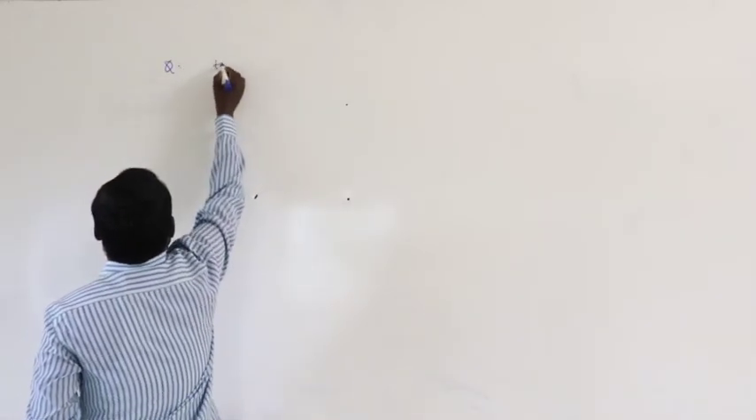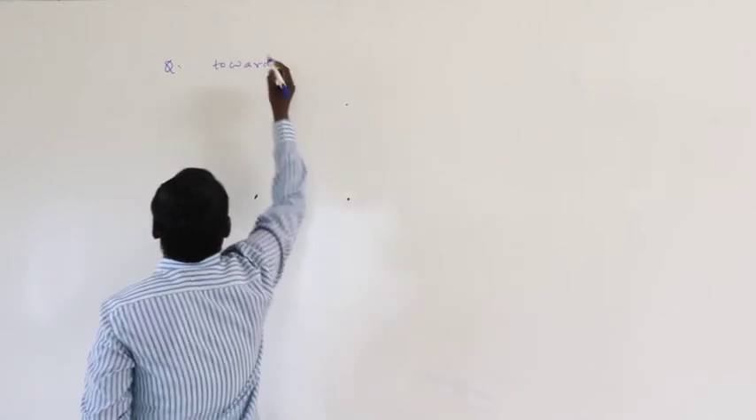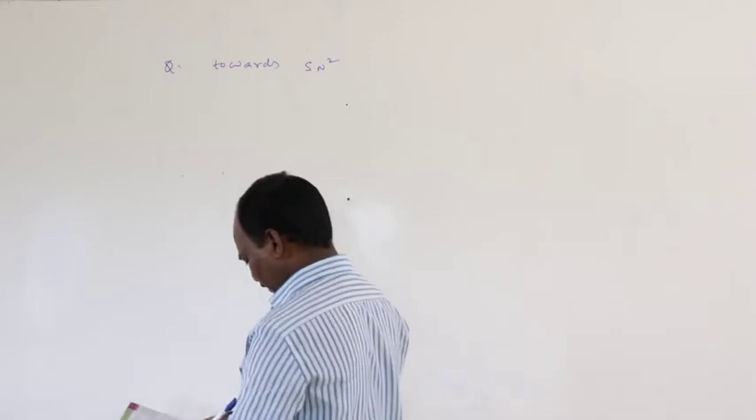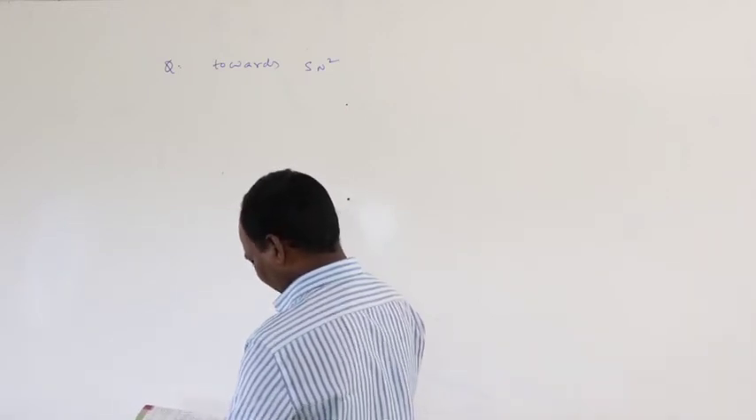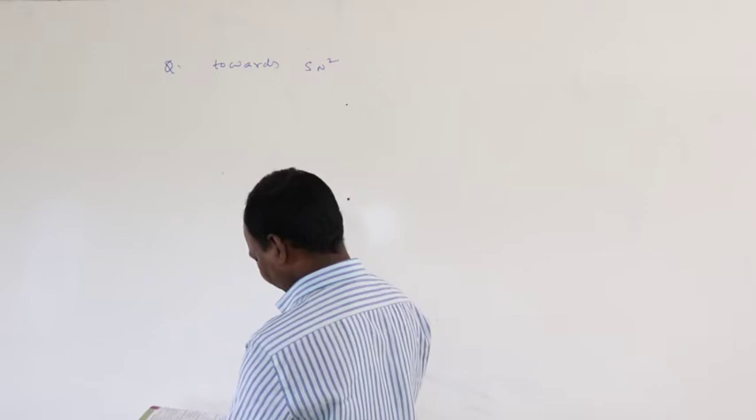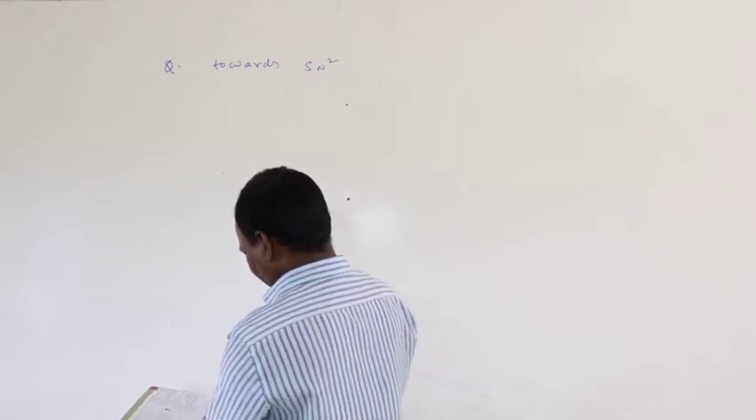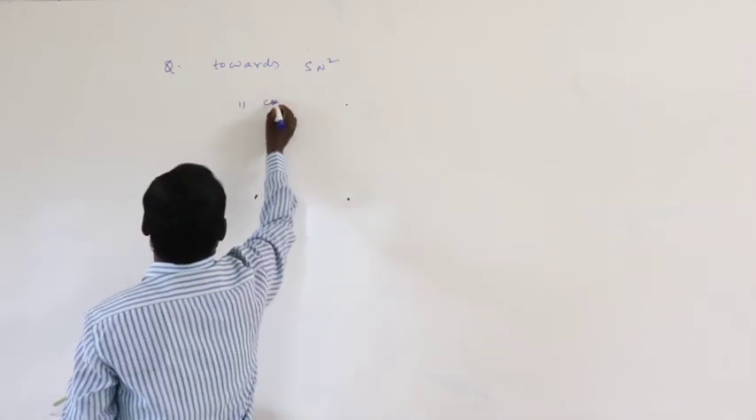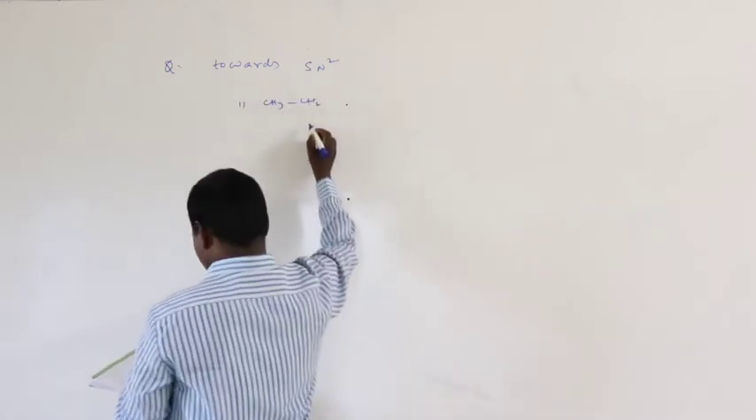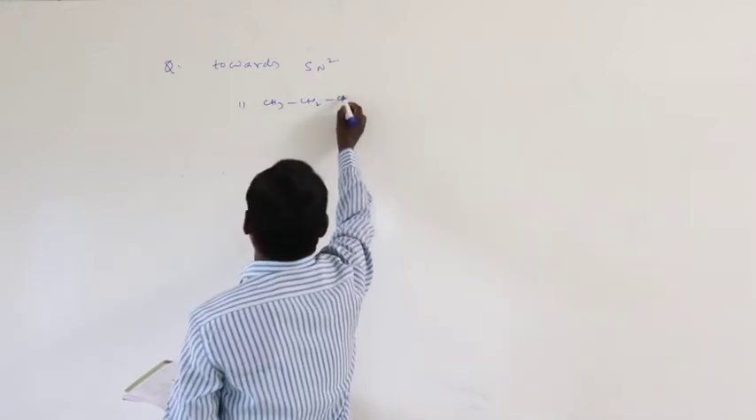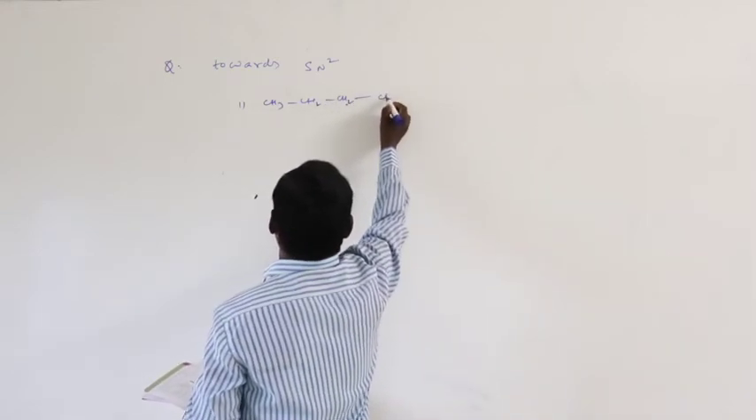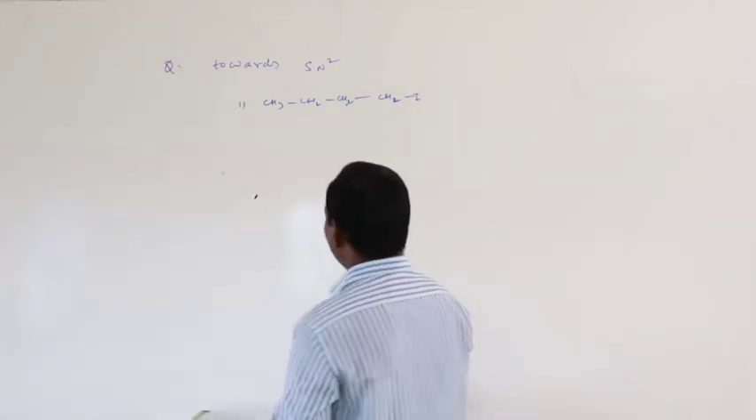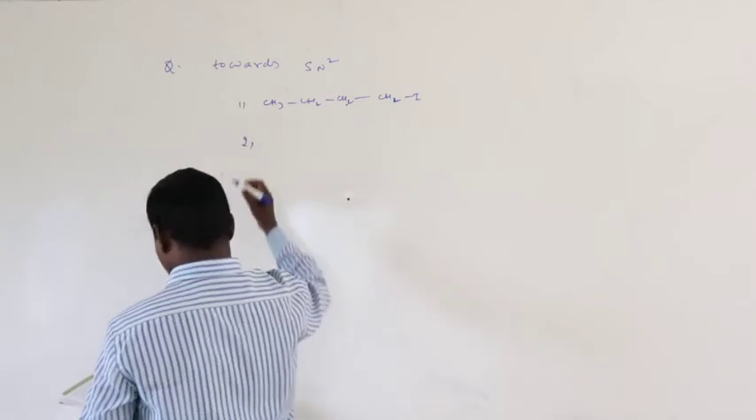Question: towards SN2 reaction mechanism, here the first compound is CH3CH2CH2I, and the second compound is